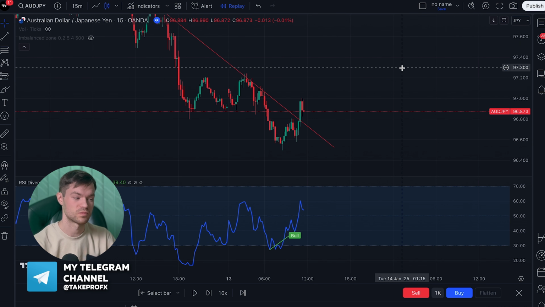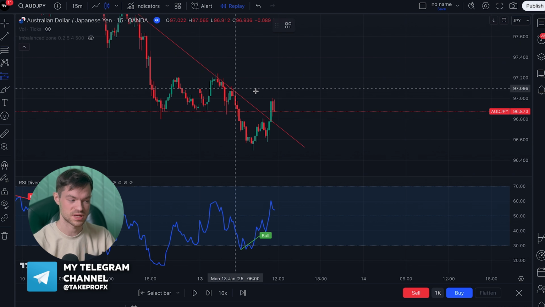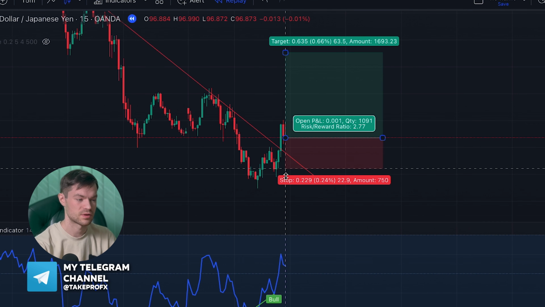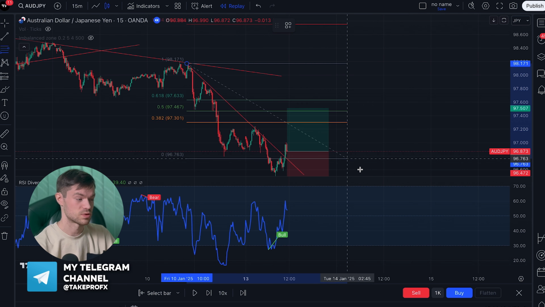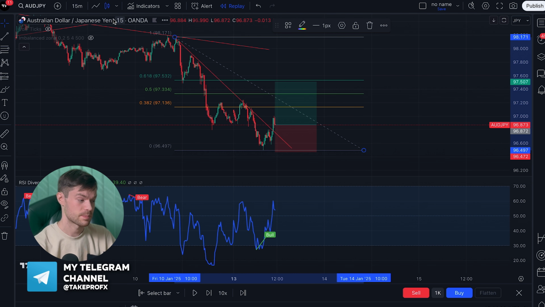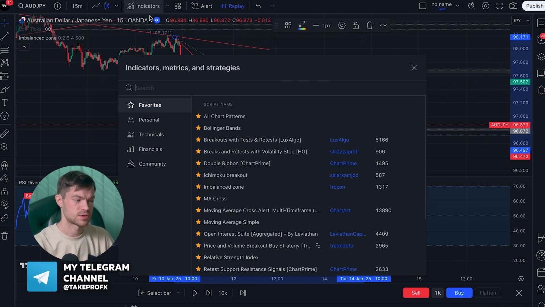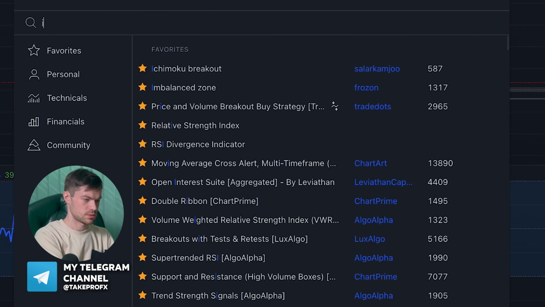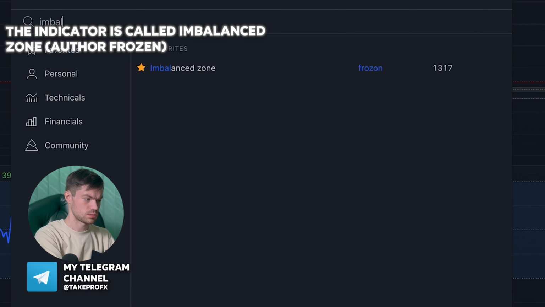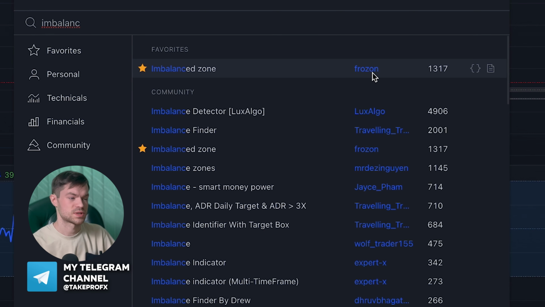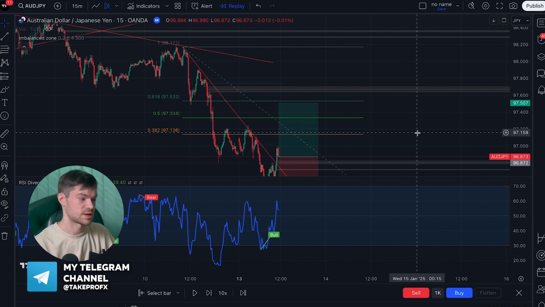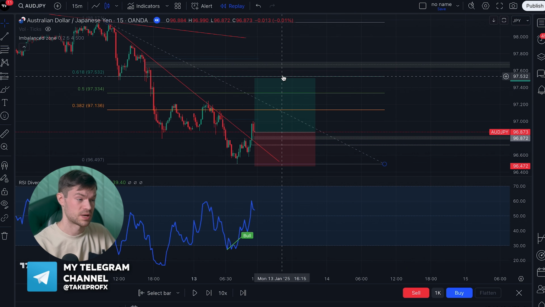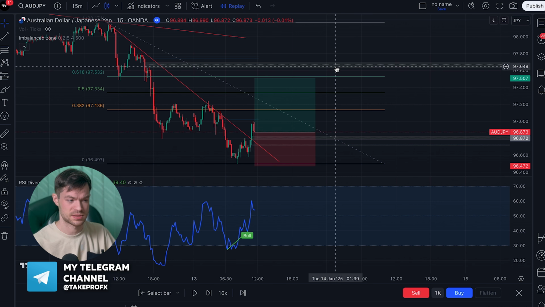What most people will do is take a long from here and put the stop somewhere here. Let's take the Fibonacci lines, put them somewhere like this, and compare it to another indicator called Imbalance Zone. You can also find it in search, or just write Imbalanced Zone from the author Frozen with 1300 users. This indicator helps me find targets which we can generally reach, but here we don't have any uncovered imbalance except